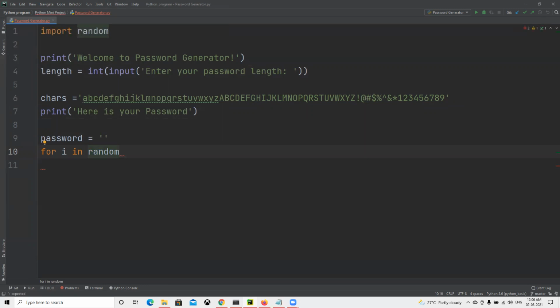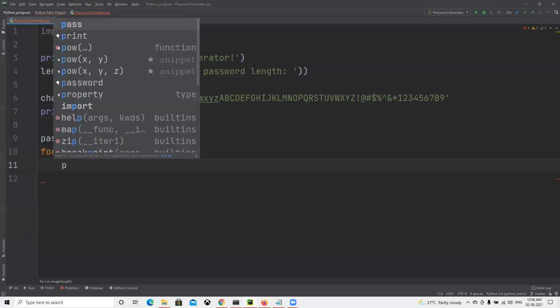Okay. Now what we need to do: for i in range of, and what are we going to pass? Whatever length the user has entered. So we are going to loop till that time. Every time it's going to add one by one.